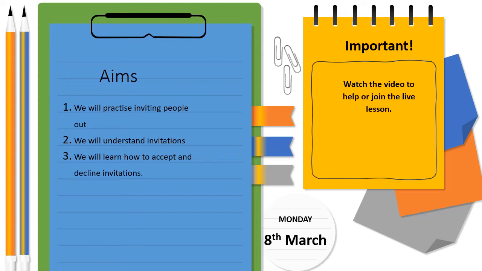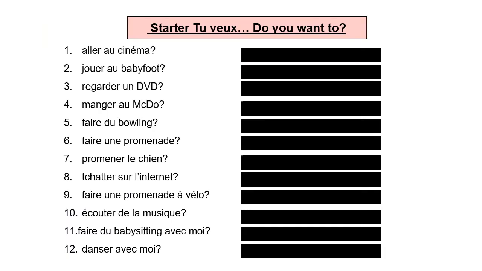So in this lesson we're going to do some practice of inviting people out, trying to understand people's invitations and learning some phrases of how to accept and decline invitations. Okay, so if you want to ask people out, you can start by saying tu veux, do you want to? Aller au cinéma, jouer au baby-foot, regarder un DVD. So to start off with then, see how many of these that you can understand and put into English without